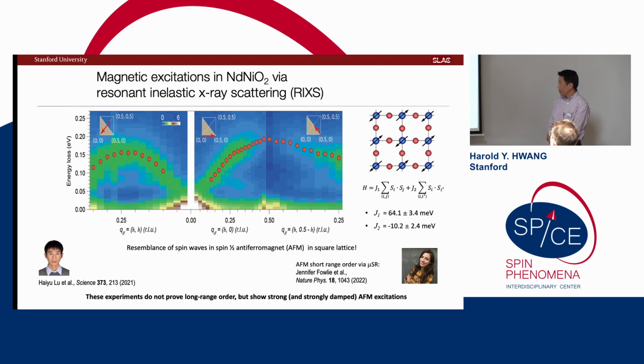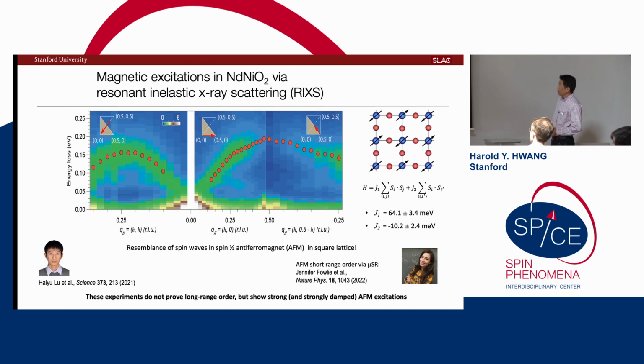Okay, so I just wanted to highlight two of the interesting issues that people are finding. Again, there's this question of, does this have anything to do with cuprates? And of course, there's a lot of importance given to magnetic excitations in that system and their stability or prominence even upon doping. And so we've been, again, restricted to these very tiny little samples, almost no volume, and we've been very reliant on really big advances in resonant inelastic X-ray scattering that allows us to probe these magnetic excitations. What we find, for example, this is in green here, is the intensity across high symmetry directions of the Brillouin zone.